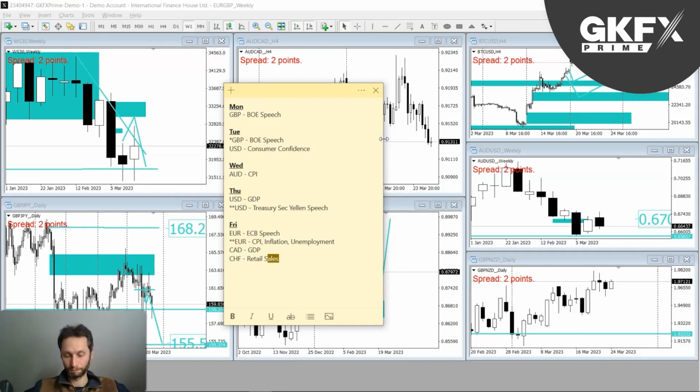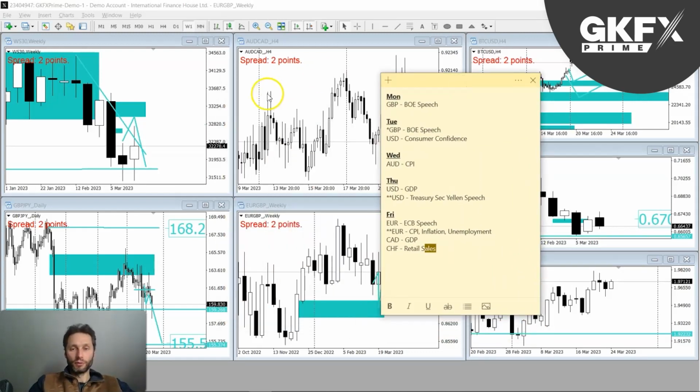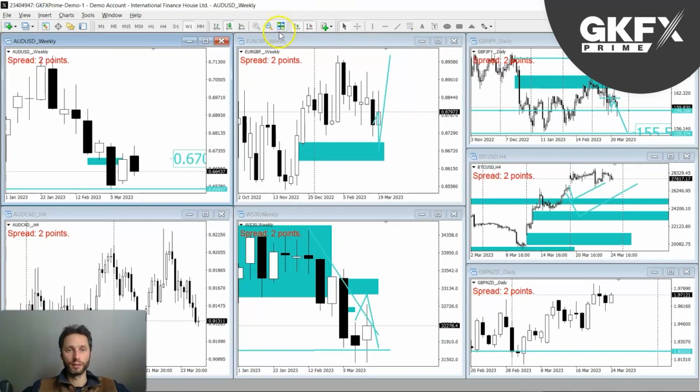All right, so that's the economic calendar for the week's news, and let's have a look at what I've set out for you this week. I've got a mixed bag as always. I've tried to vary it a little bit for this week based on what the charts are telling us, where the price action is going. So let's have a look at the markets once again.